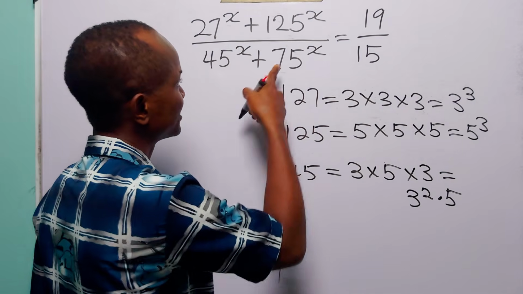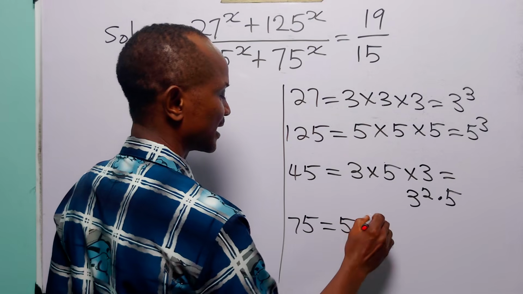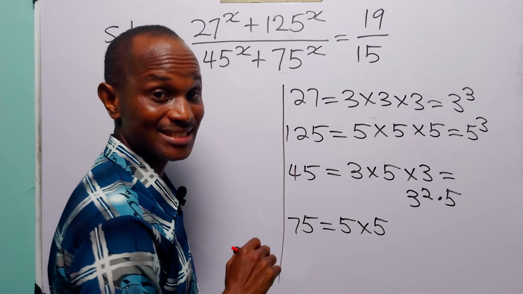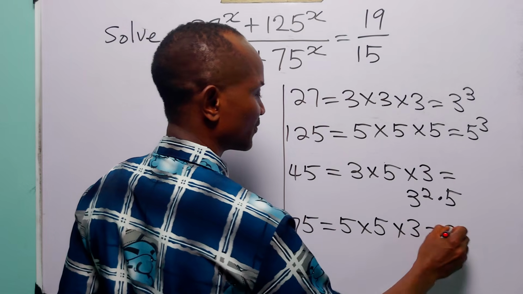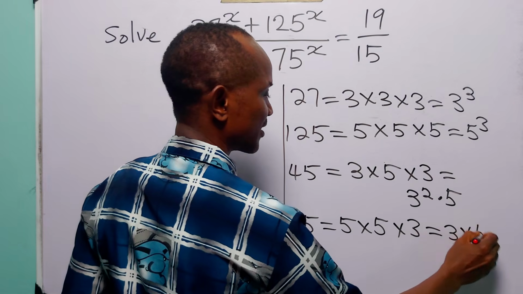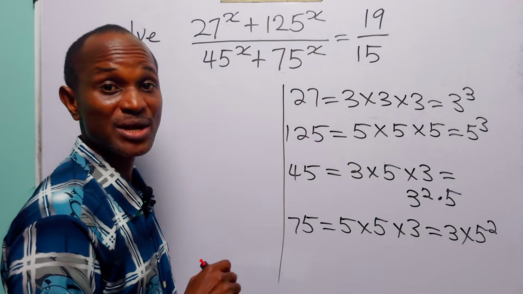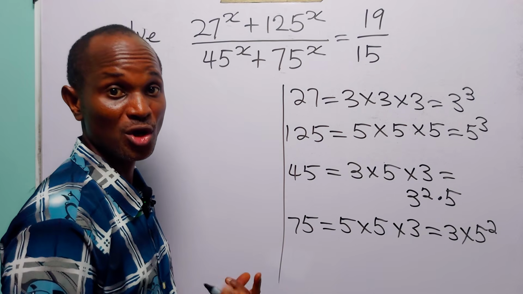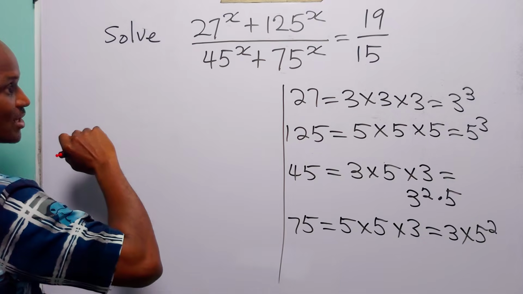And finally, 75 is 5 times 5, that is 25, times 3. So here we have 3 times 5 squared. Now that we have expressed these four numbers as products of their prime factors, we can rewrite the original equation